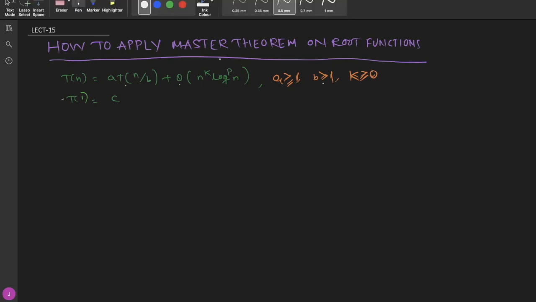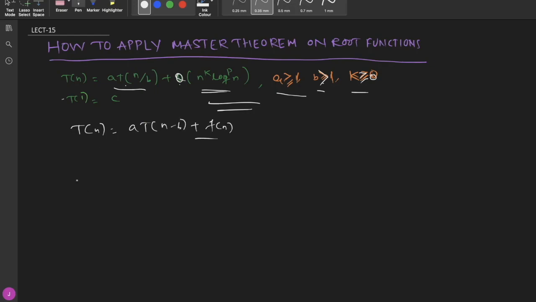In the previous class we discussed the master theorem for dividing functions. This is the format for dividing functions. In dividing functions we have some constants: the a value should be greater than or equal to 1, the b value should be greater than 1, and the k value should be greater than or equal to 0. The dividing function is like this: a into T of n by b plus theta of this value, right? And for decreasing functions, the recurrence relation is a into T of n by b plus this